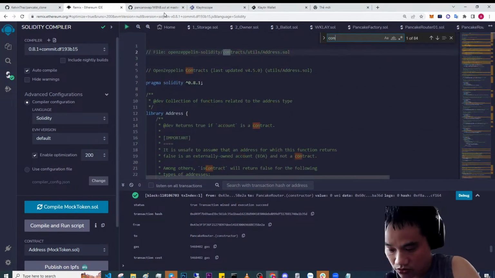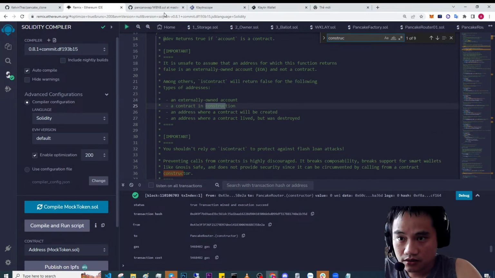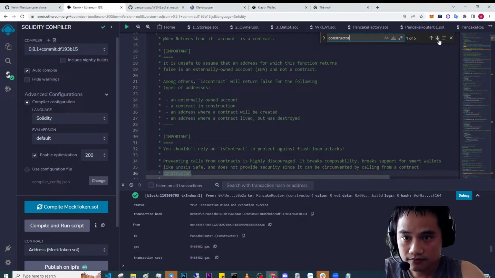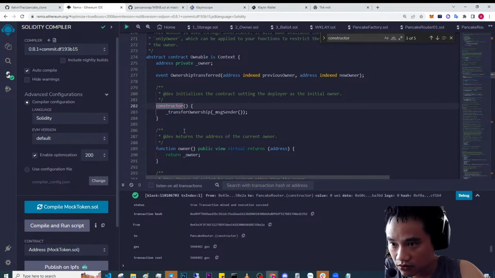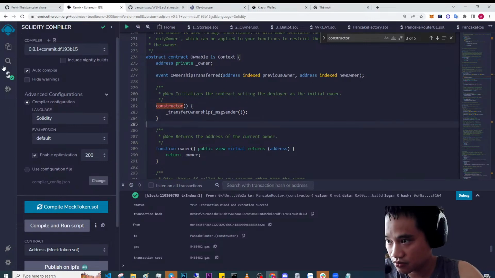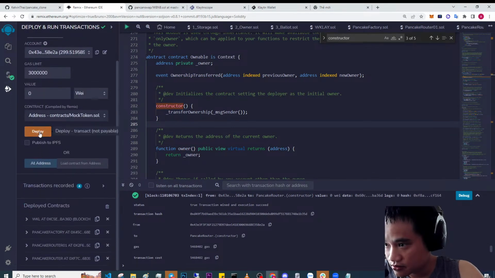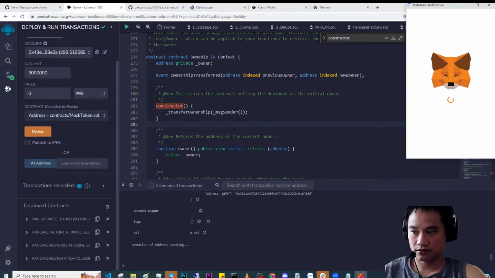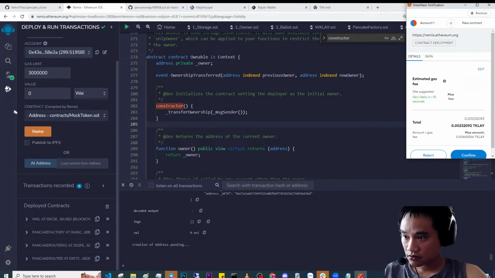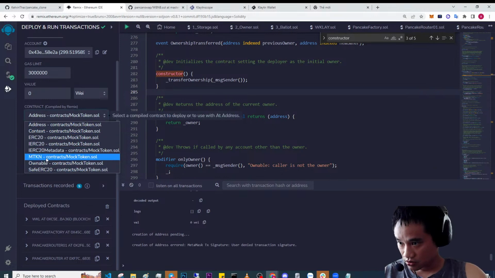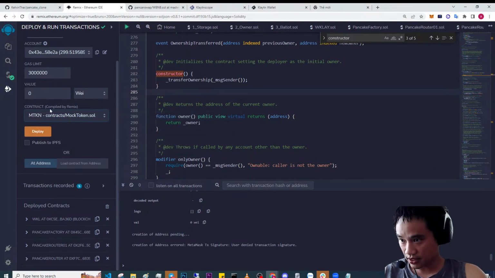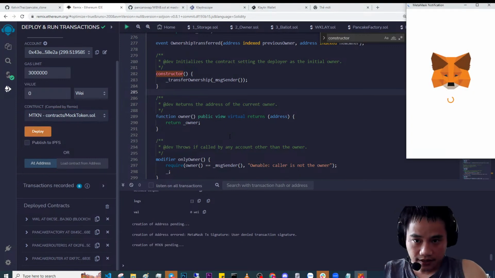Is there any constructor parameter we need to put in here? Constructor, transfer ownership, MSG sender. So no constructor parameter, put it here. Perfect. And optimization. So we just deploy that. So I click deploy. Sorry about that. So we need to choose the token. Yeah, so this is the name mtkn token, and then click deploy,